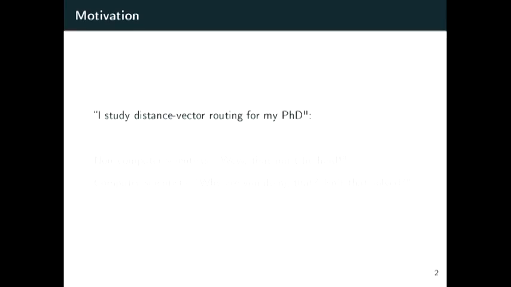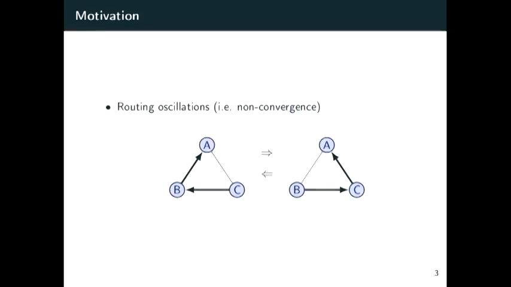When I say I study routing for my PhD, I tend to get two responses. The first, from non-computer scientists, is: wow, that must be really hard, very gratifying. The response from a typical computer scientist, though, is: why are you doing that? Isn't that solved? Bellman-Ford algorithm, shortest path, all good. Well, today we have a routing protocol that runs most of the internet, a path vector protocol, BGP, and if misconfigured,